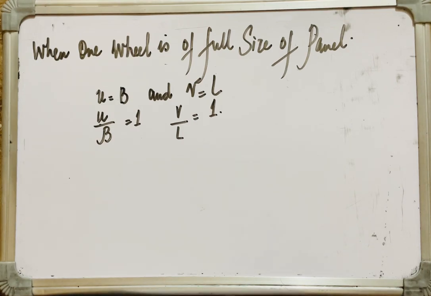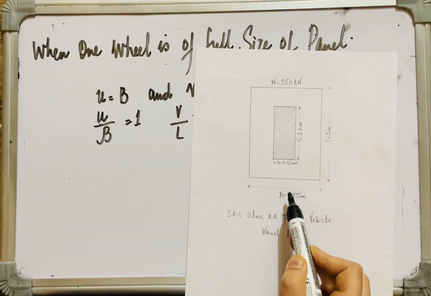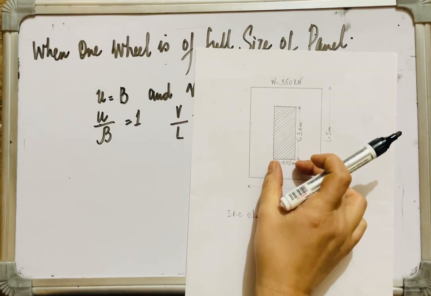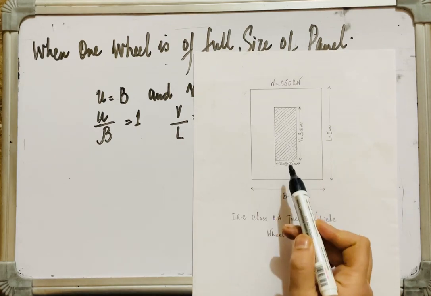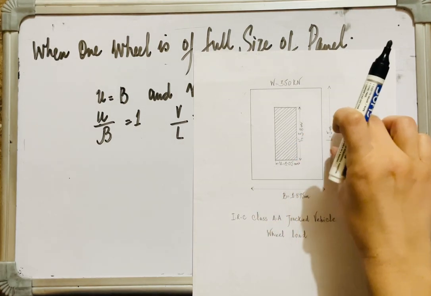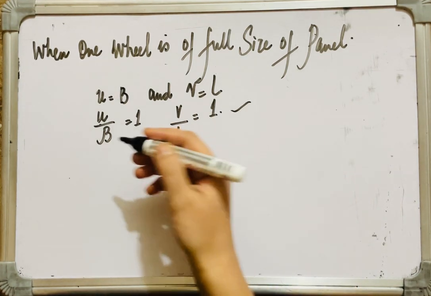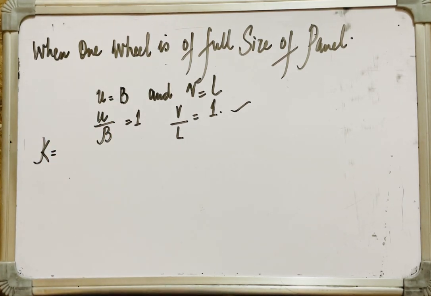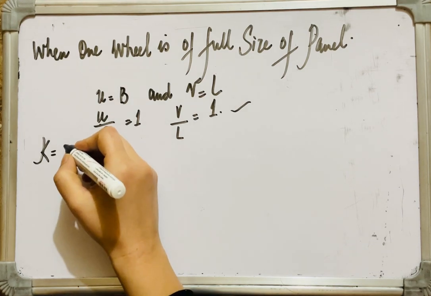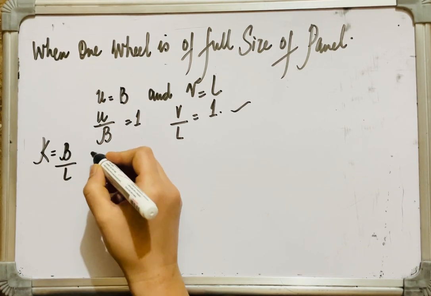When one wheel is of full size of the panel, then U is equal to B. जब ये पूरा साइज होगा किसके, एक पैनल के ही साइज का, जो मेरा इंटीरियर डेस्क स्लैब पैनल है, तब U B के बराबर आएगा और V L के बराबर. सो मेरे रैशियोज U by B it's 1 and V by L वो भी 1 हो जाएगा. बट K का वैल्यू ऑलरेडी है. द K इज द रेशियो बिटवीन शॉर्ट स्पैन एंड द लॉन्गर स्पैन. वो हमने ऑलरेडी कैलकुलेट किया है. ब्रेड्थ बाय लेंथ, बिकॉज ब्रेड्थ इज माई शॉर्टर स्पैन एंड लेंथ इज माई लॉन्गर स्पैन. इट इज इक्वल टू